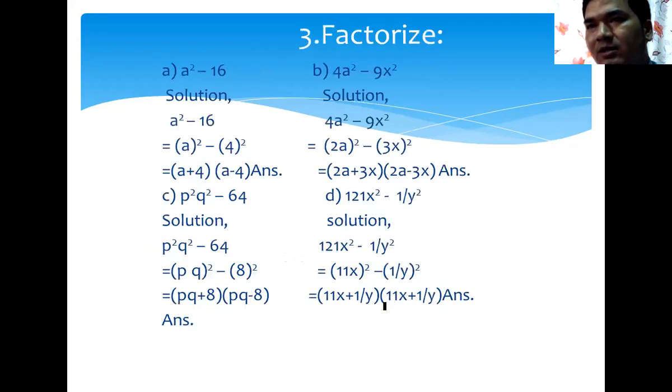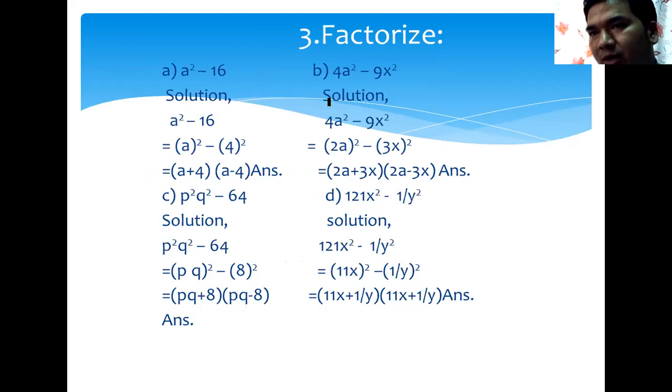Now see in this next slide. Okay. These are the questions related to the formula a square minus b square. Okay. Now see here, this is a square where I'm pointing. This is 16. Okay. Then we can write a square minus 16 is a square only, but 16 we can write as 4 square. Then it is a square minus b square. That means a plus 4, a minus 4, because a is a only, but in place of b there is 4. A plus b, a minus b formula we have used.